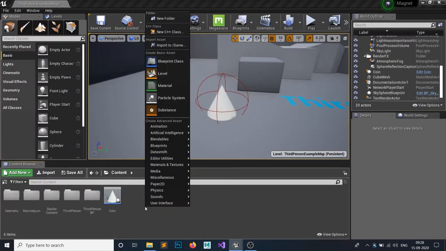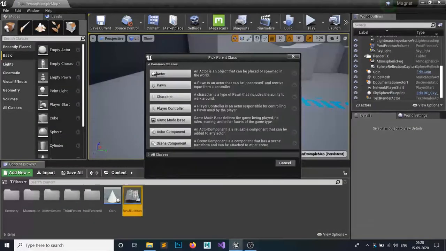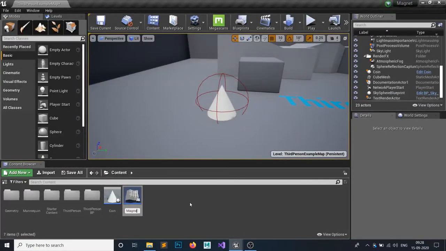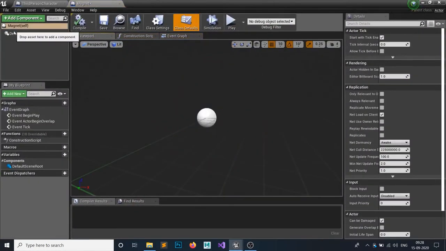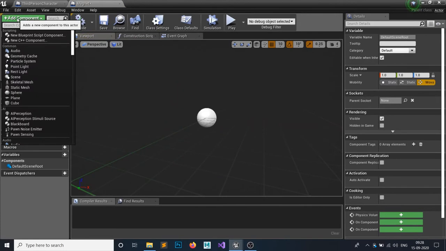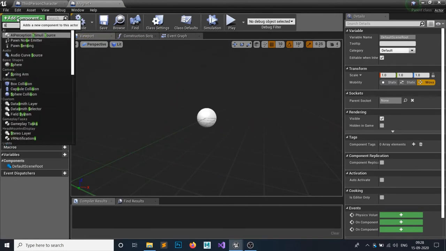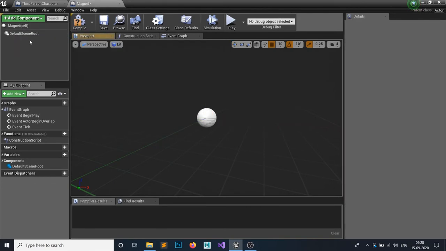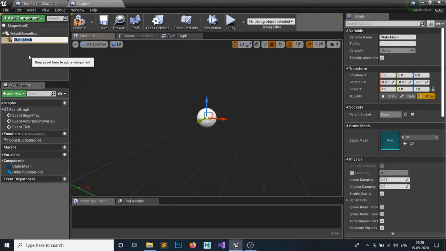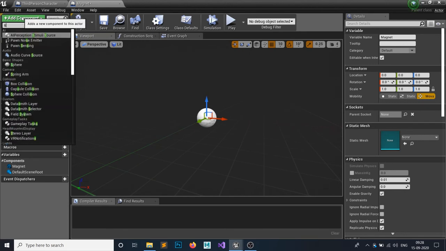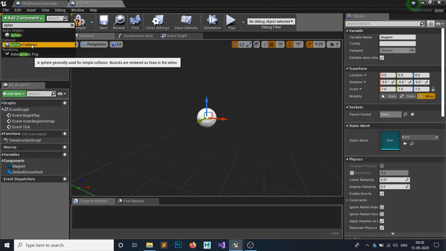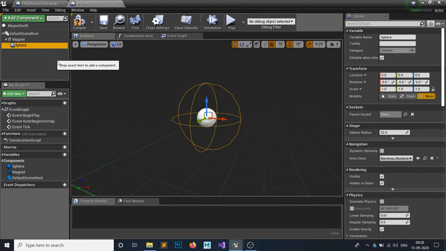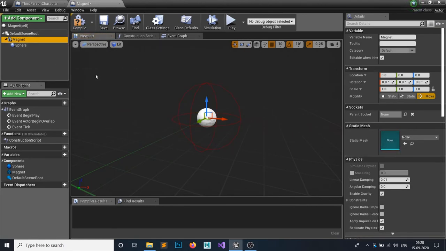However, what we need was a magnet, right? So let's create another actor, and we're gonna call it a magnet. Open that up. Inside your magnet, we first need a static mesh of a magnet. Not your instanced static mesh, it is something different. The static mesh, we're gonna call it a magnet. And we also need a sphere collision. The reason I am using this collision is because it makes more sense.